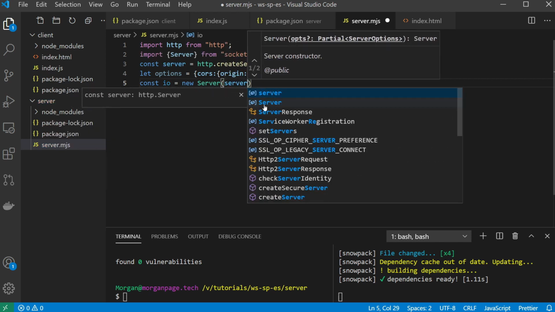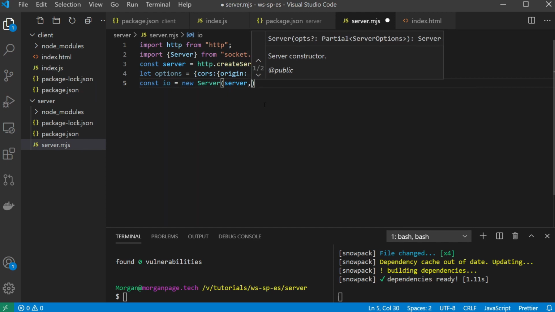So we send it our HTTP server and those options,